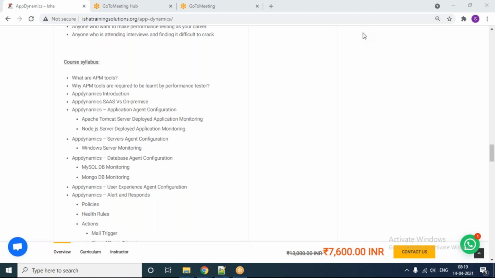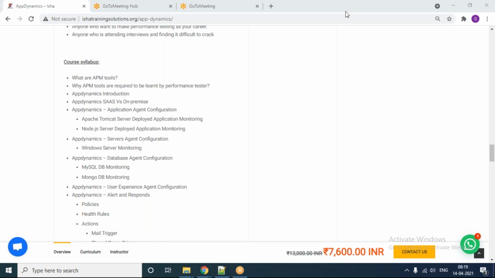Like that, they have to use different tools to understand each and every layer. In order to identify something happening on the client side, you need to use certain tools. In order to understand something happening in the database, you need to use certain tools. In order to identify something happening in your middleware or the infrastructure, you need to use certain tools. But using this APM tool, it is one solution for all the problems.